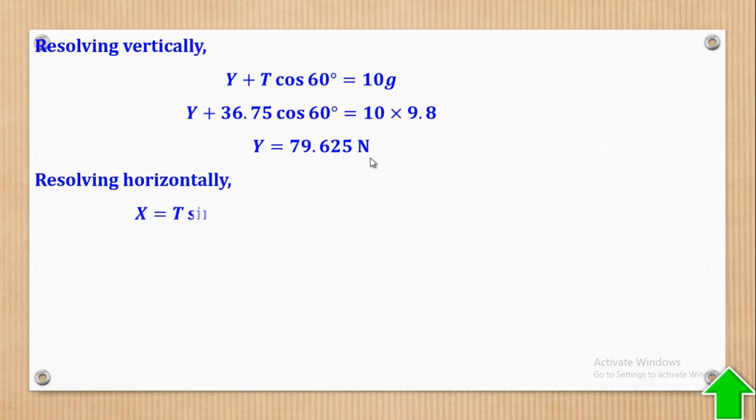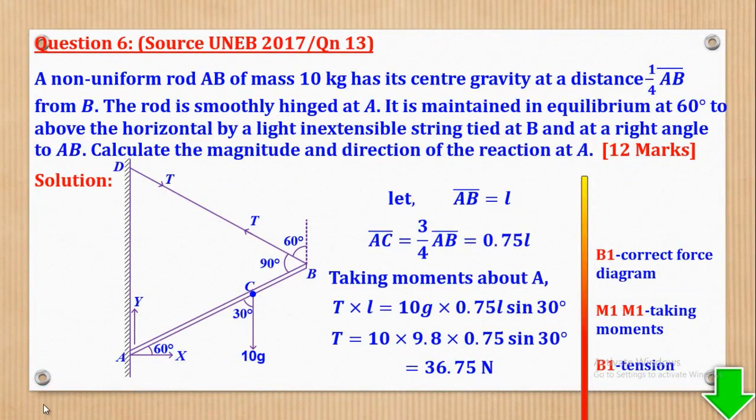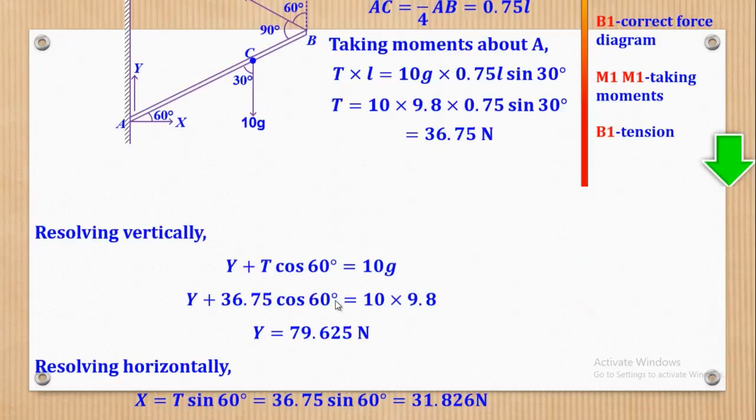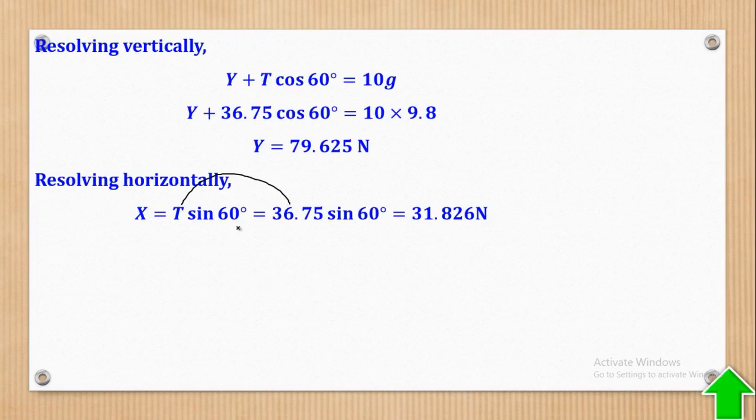Next is to resolve horizontally. Horizontally, we shall have X equal to T sine 60 degrees. So let's see where it comes from. This X is entirely horizontal. Remember, horizontal means that forces to the right are equal to forces to the left. So forces to the right, there is only this capital X, and forces to the left, there is the component of this tension, which will be T sine 60 degrees. So that's where this segment is coming from. But the good thing, I know the value of T, therefore when I substitute, I'll come up with X being equal to